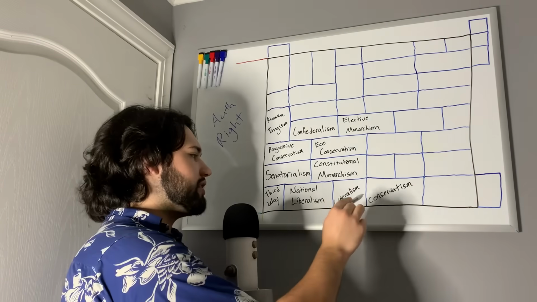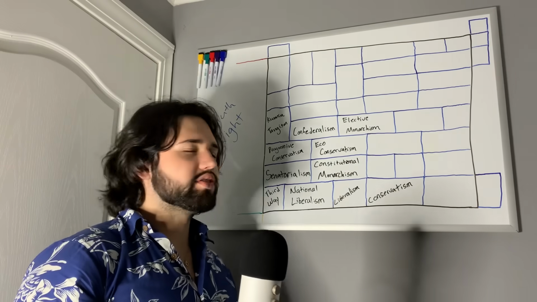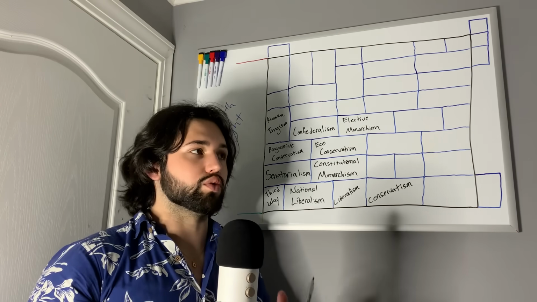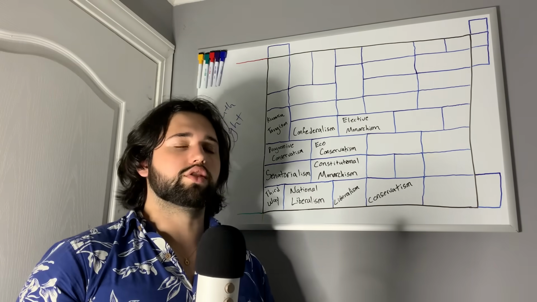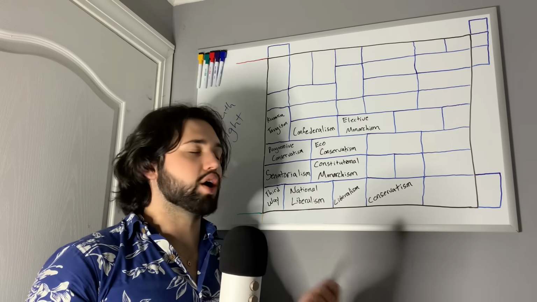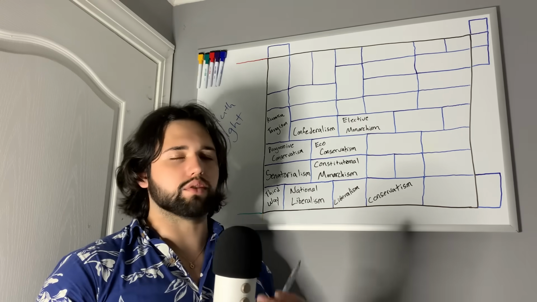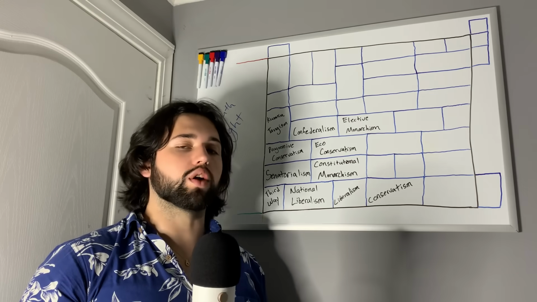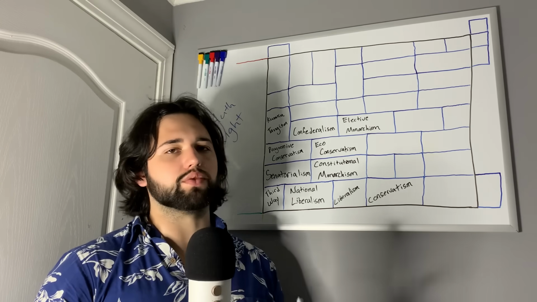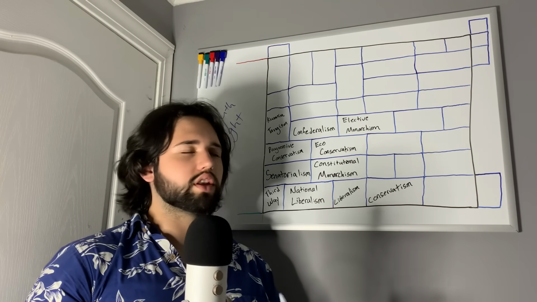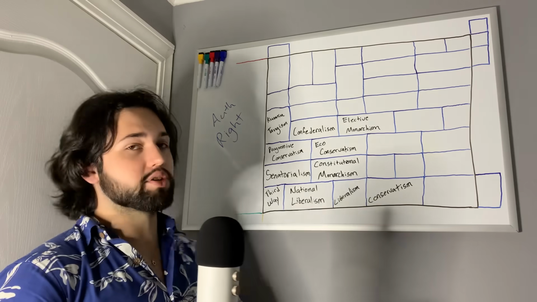And then jumping back down here, we have conservatism. The basic tenet of conservatism is to conserve what already exists. So things like religious rights and property ownership are important to an average conservative, and therefore a government is needed to protect those certain rights. This is something that we're going to see a lot more of whenever we get to the libertarian right later